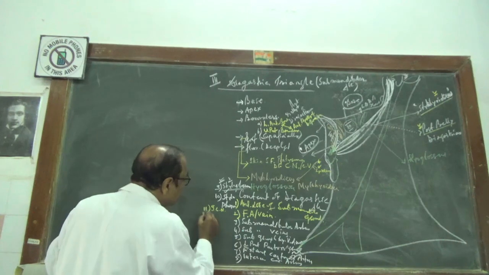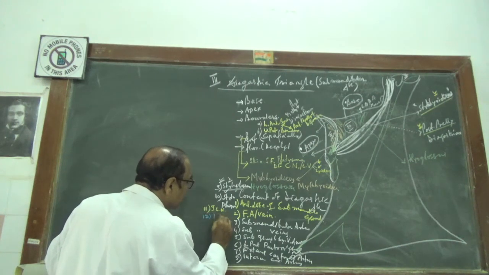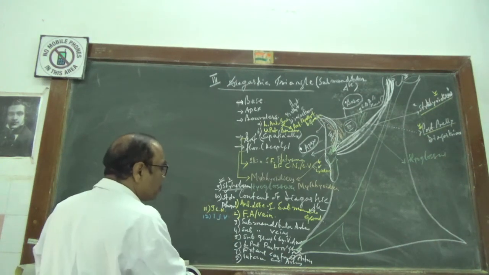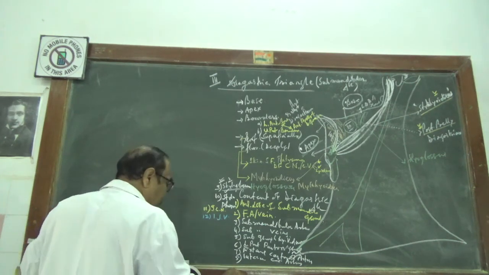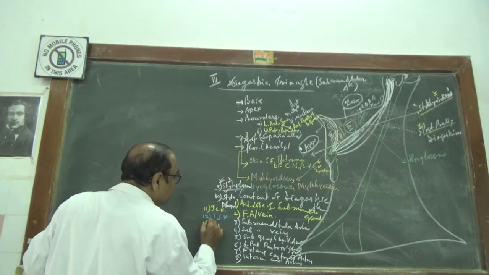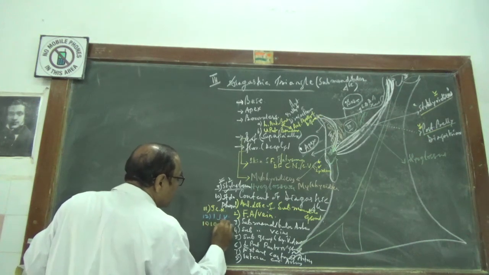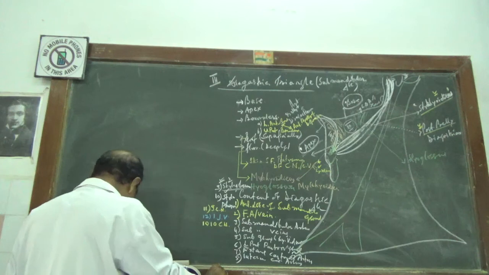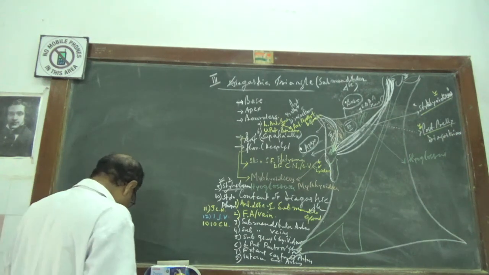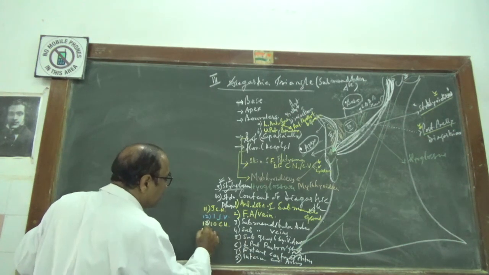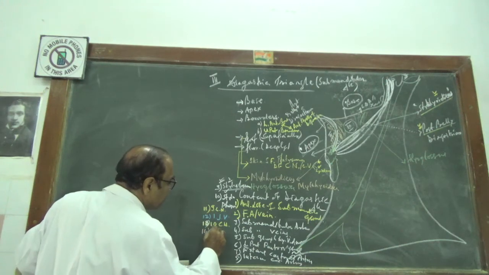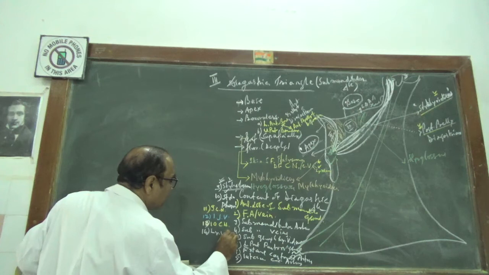Then the internal jugular vein. So that will be another content. Then the 10th cranial nerve, that is the vagus. Then you have lymph vessels and lymph nodes,